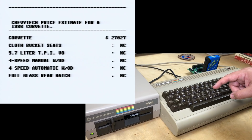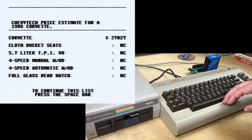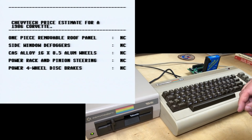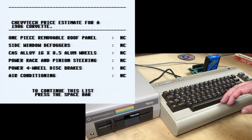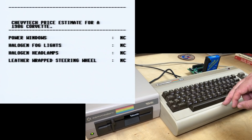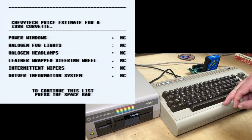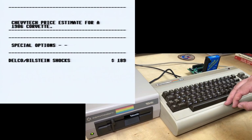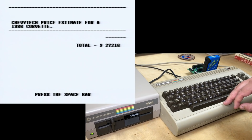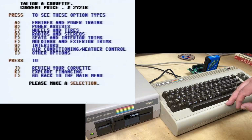Sound effects. So the Corvette includes all those no charge options. It's a hilarious sound effect for each step. Wow, they're really making this dramatic. Total dash. Is that minus 27,000? They're going to pay me to take it. Okay, and